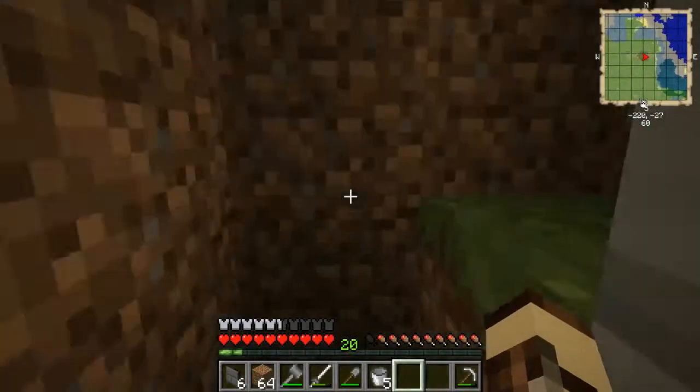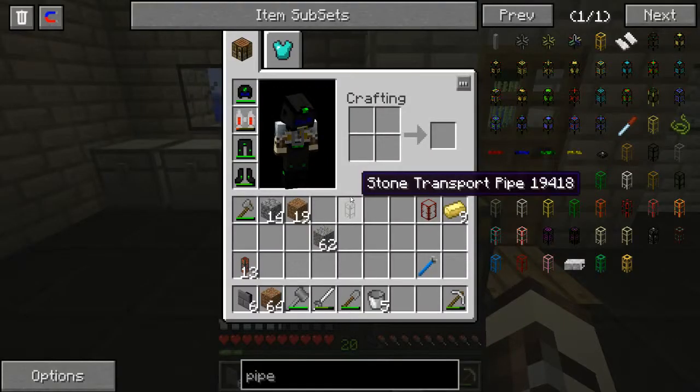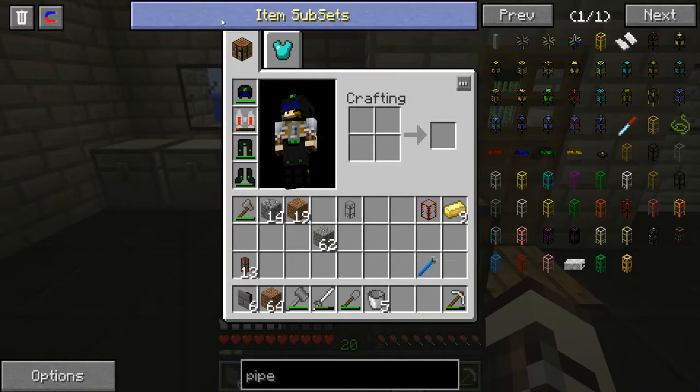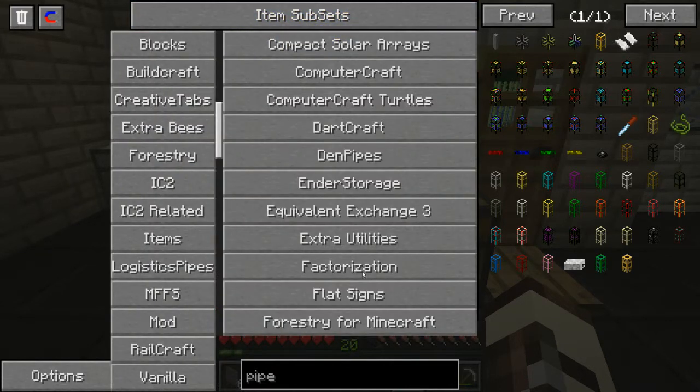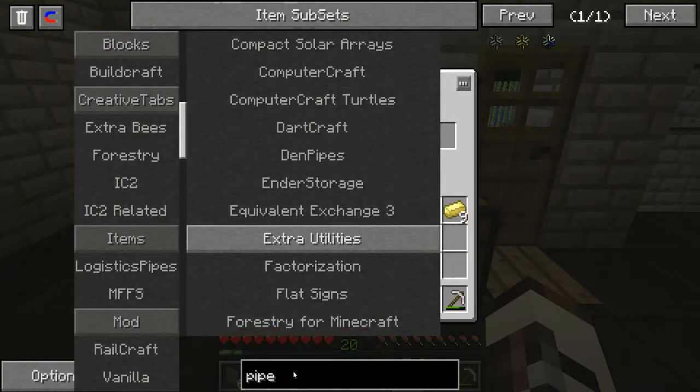Now that we got all that going, there was one other thing I wanted to show you guys. And it's from a mod that I had never seen before. And I was actually just looking at it here when I brought you guys up. And it's called Extra Utilities. Now, I showed you some stuff from this before, and I'll go ahead and show you some of the stuff